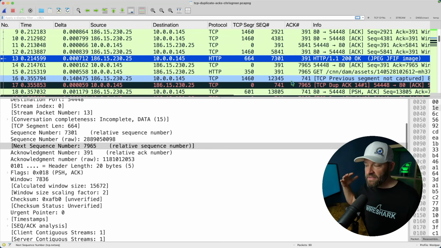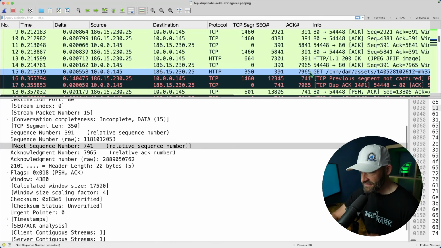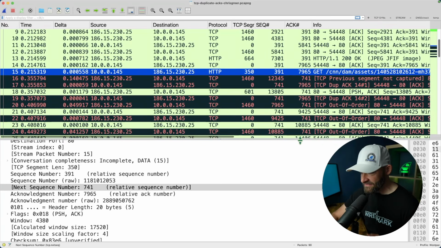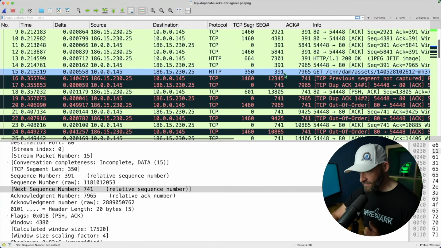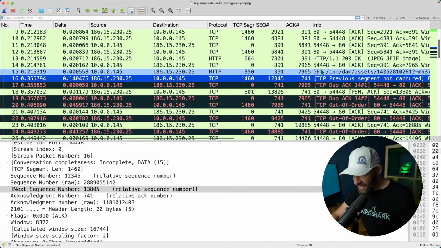Now, how does the client indicate this gap that it observes to the server? The next one, keep in mind, the next one that I want to see is 7965 from that server. So the client, it just had already sent this GET out to the server. So from its side, the sequence number is 391 plus 350. In the opposite direction, we can see the server came back with 741. So the server got this GET,